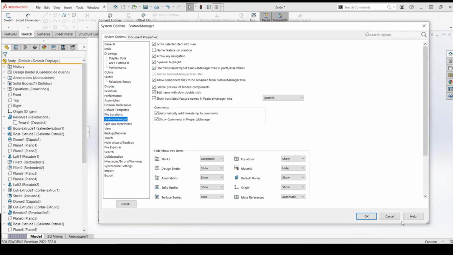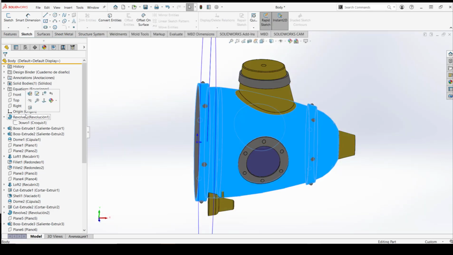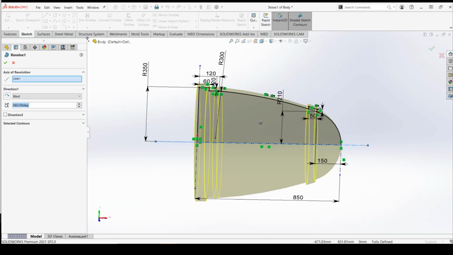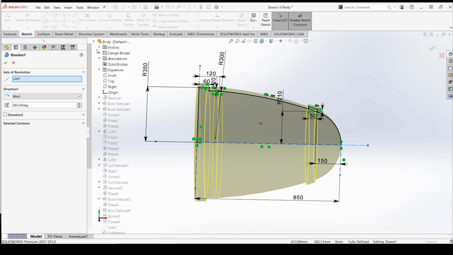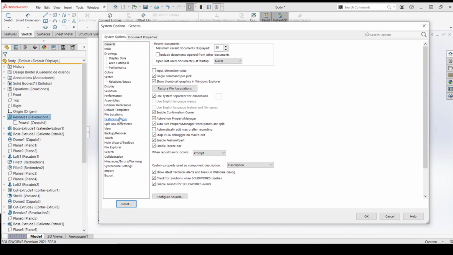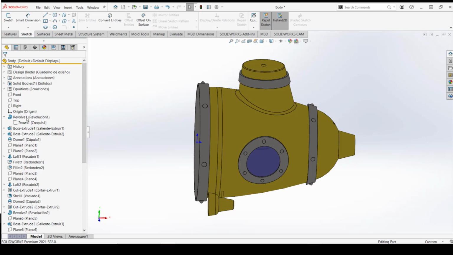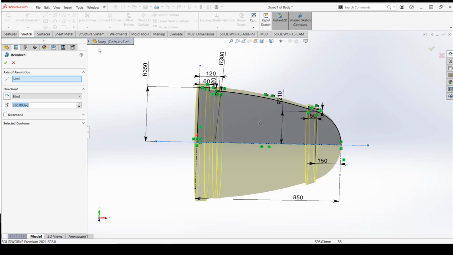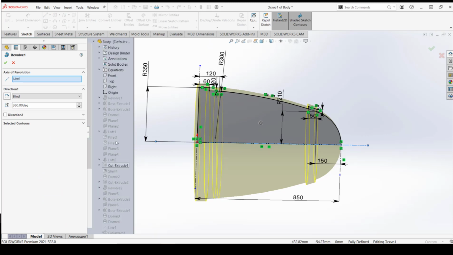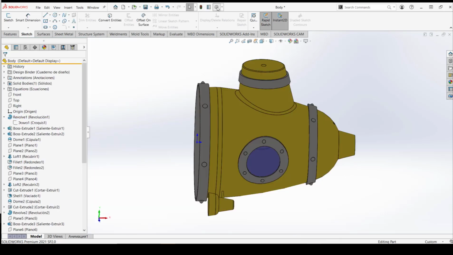Okay, so that's like if you go and you're editing a part, you get this flyout feature manager design tree. Right now it has a transparent background, which means we can see the graphics area in the background. And what this setting does, if you uncheck it, is it makes it like a solid background instead. So I think that looks pretty interesting. A lot of people haven't seen this before, so I'm going to go ahead and show you. But it looks like this instead. I don't really see the point in that. I like transparent, but if it's hard for you to view the names on a transparent background, maybe this would be good for you. And just a couple more items for you guys.